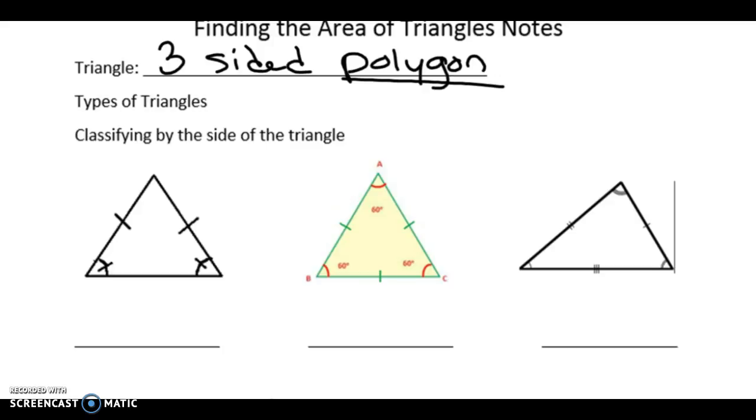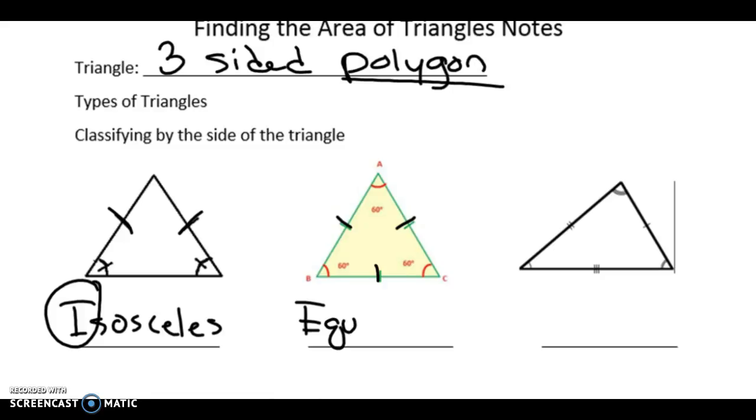The first one, here on the left side, has two congruent sides, so it is an isosceles triangle. Okay, remember, two sides congruent, you've got two eyes on your face, and the isosceles helps you remember that. The second one has three congruent sides. So that is an equilateral triangle. Okay, meaning that all three sides are exactly the same, which also means that it has all three angles